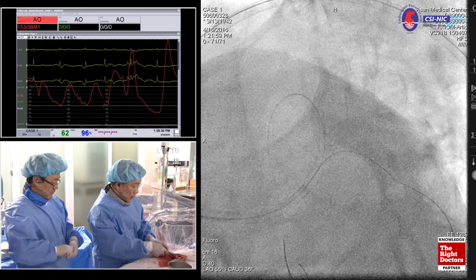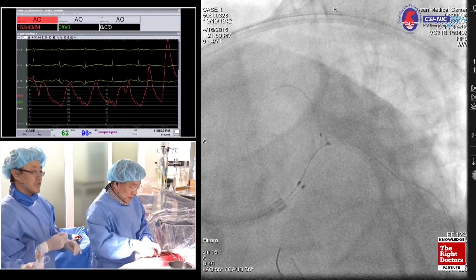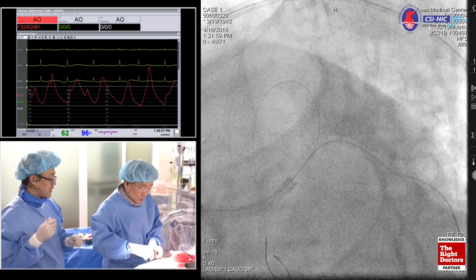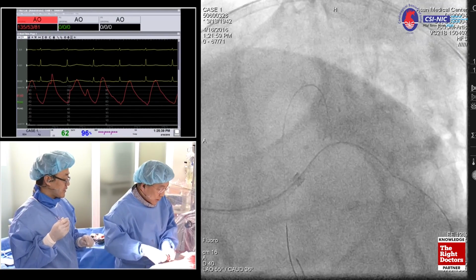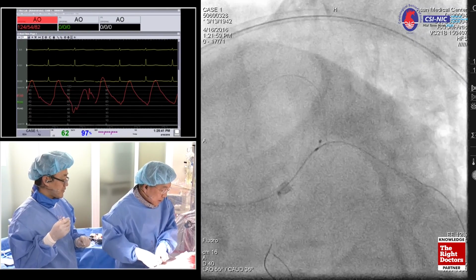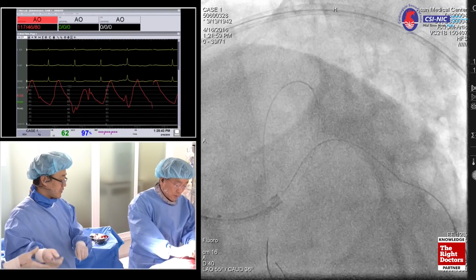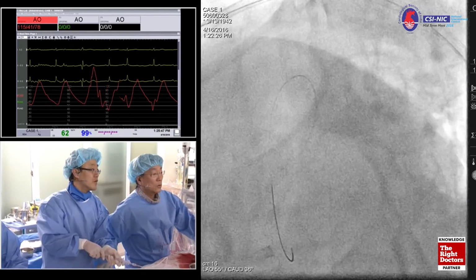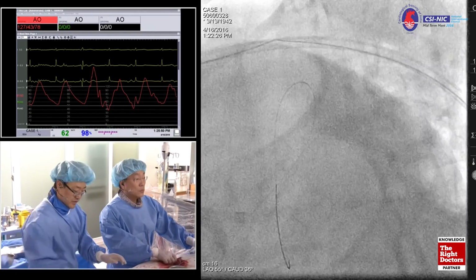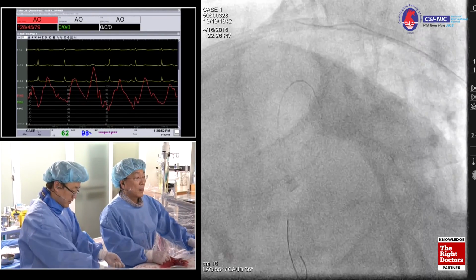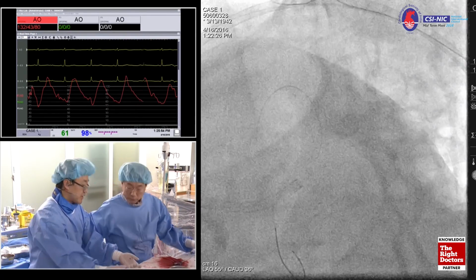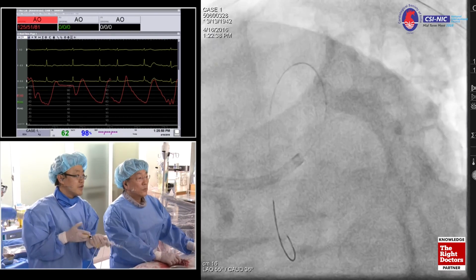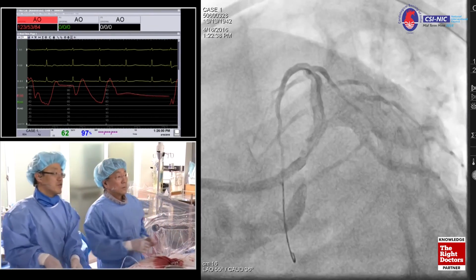What I did is kind of a TAP technique. And then, okay, for the LAD, for the DB treatment, we're going to do side branch wiring. This wire is gone. Recross it. Okay, why not? We're going to do, and you're ready. Angio force. Shoot. Okay, good.